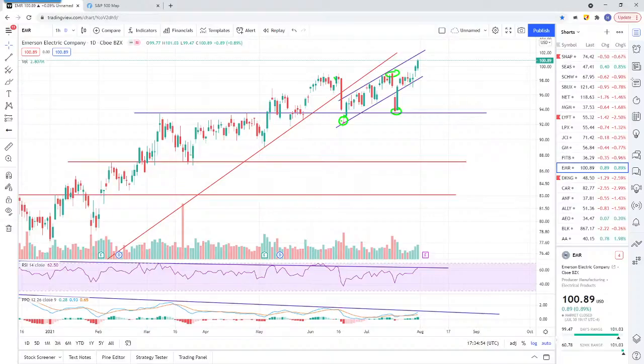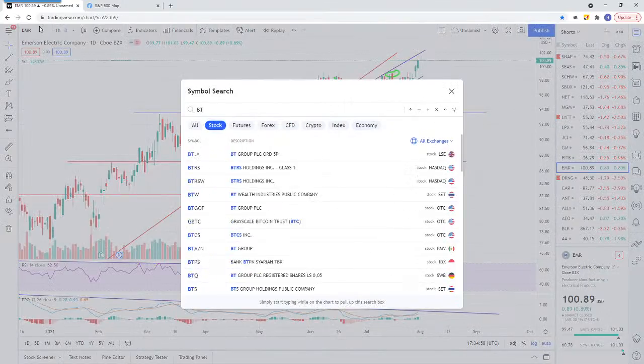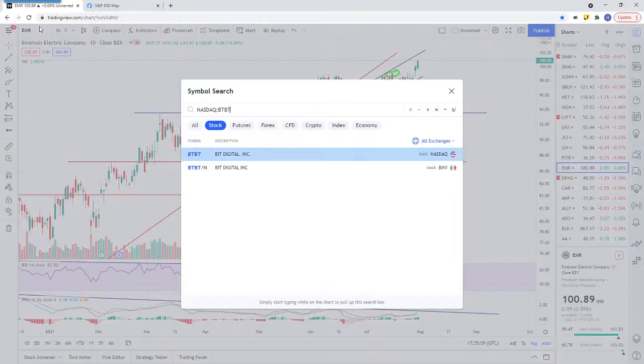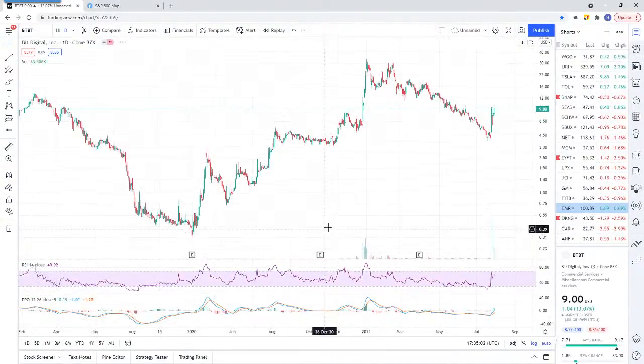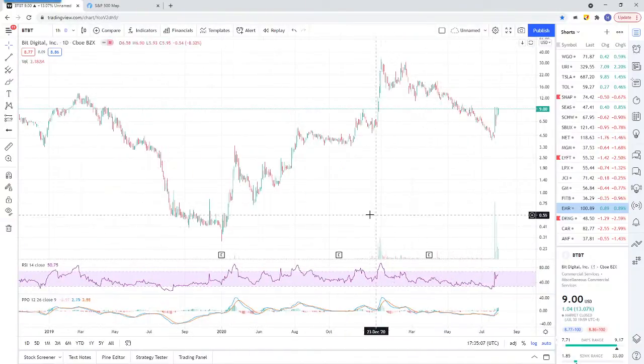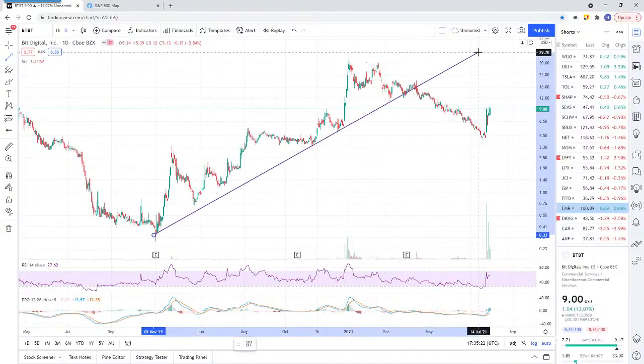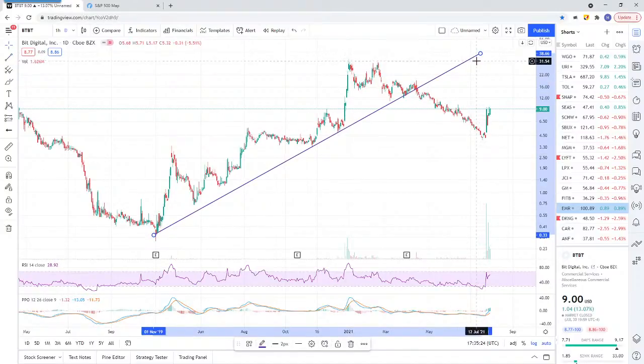All right, BTBT. Okay, I have no idea what this one is, so we'll take a look. We've got a low price stock. So anytime you're looking at a low price stock, you usually want to pare down your position sizing. That's important. Position sizing is a very important thing. One thing that new traders do